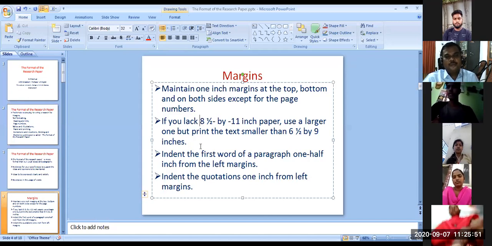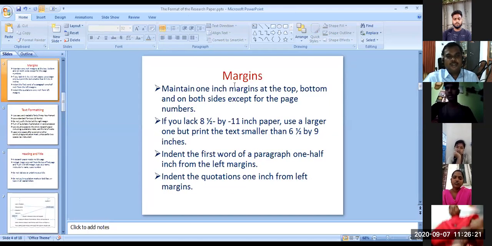If you don't have an A4 sheet, you can use legal size, no problem. While printing, you have to print only in the 6.5 inch by 9 inch area. And the first word is to be indented in the passage, and quotations to be indented 1 inch. So another half inch. So you understand this.